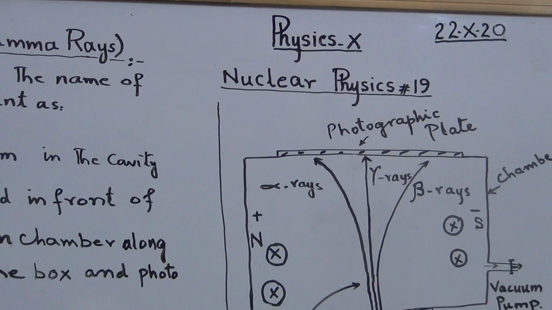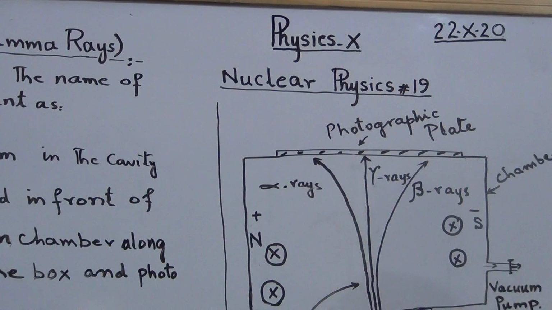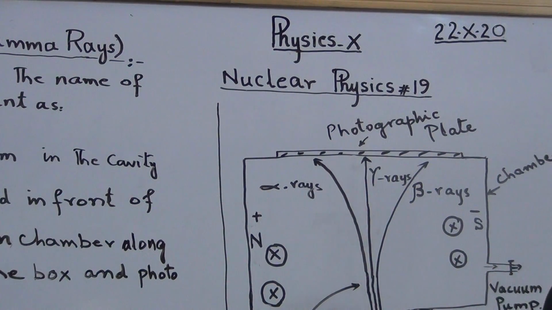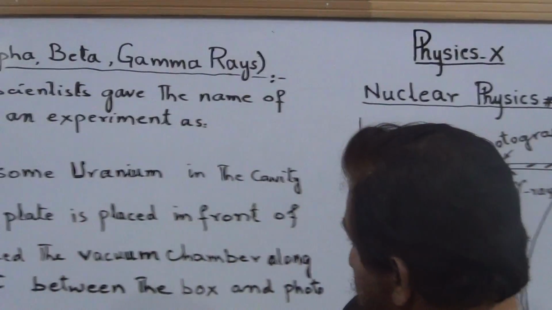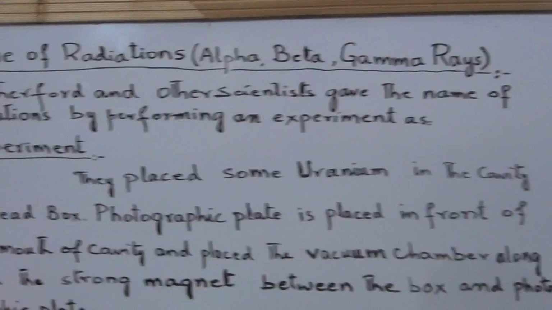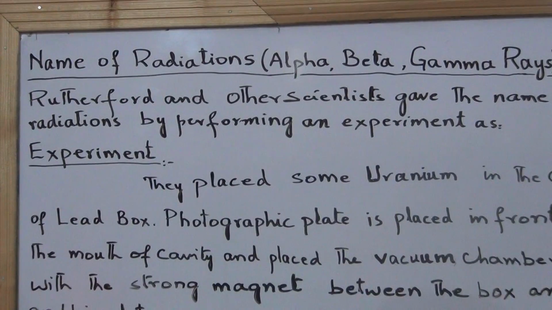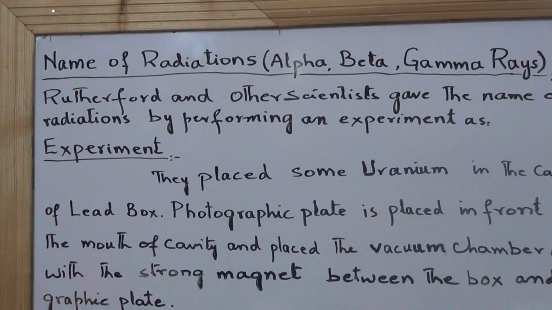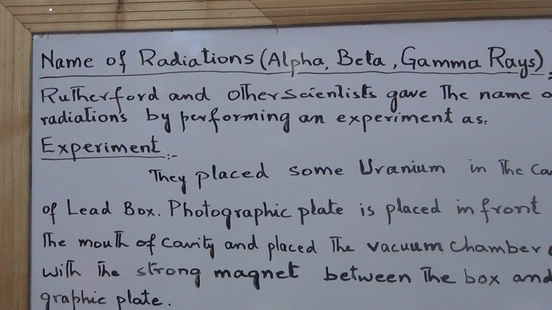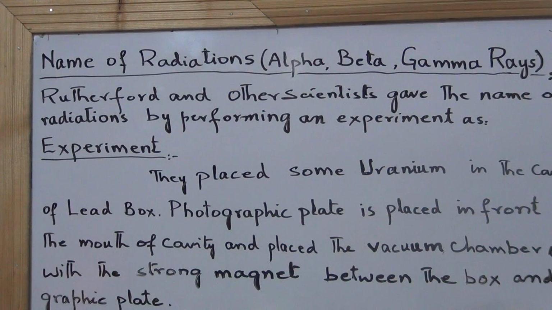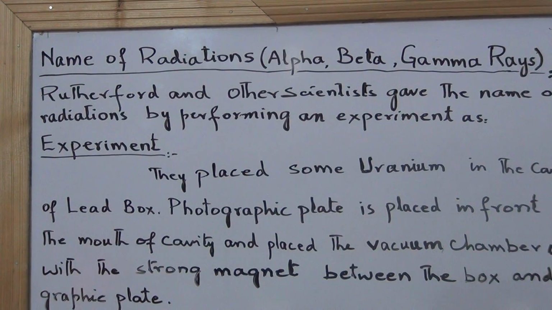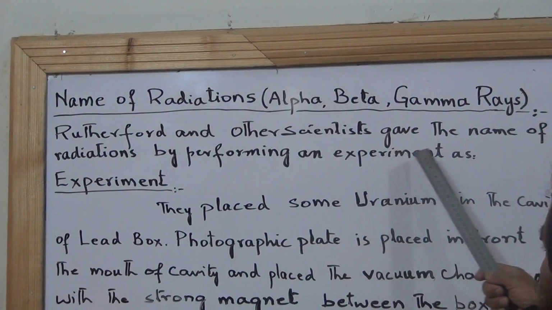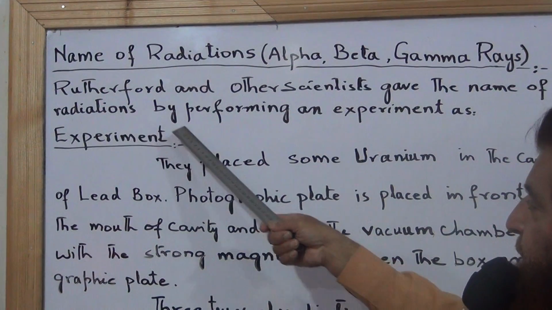Okay, dear student, welcome. We are going to study nuclear physics, chapter 19. Now our topic is the name given to the radiations. In the last class, you studied the discovery of radioactivity. The radiations emitted by radioactivity, which was named by Rutherford and other scientists, were given their names by